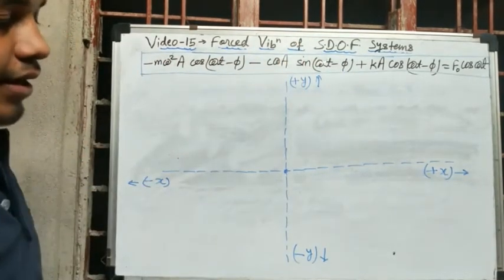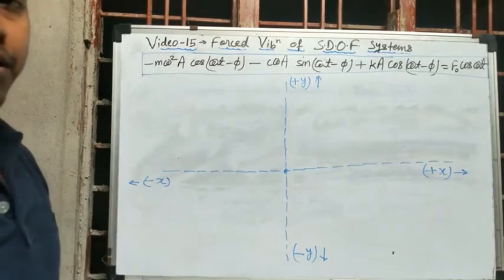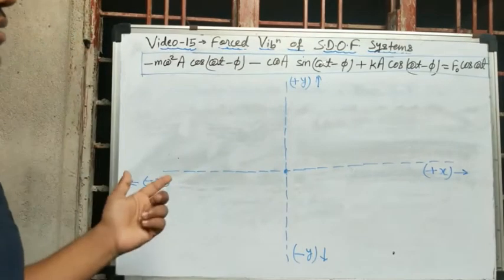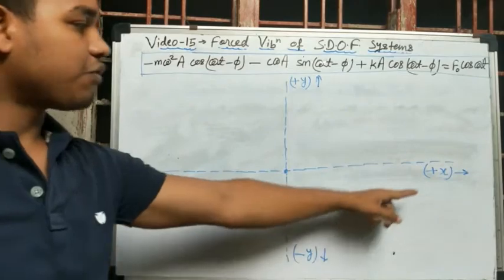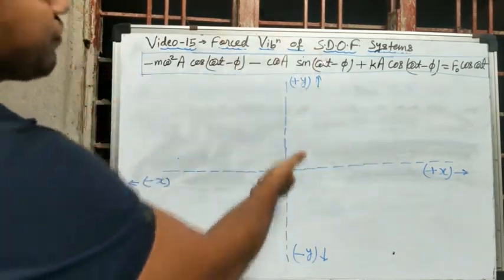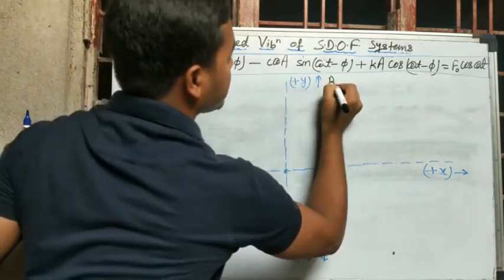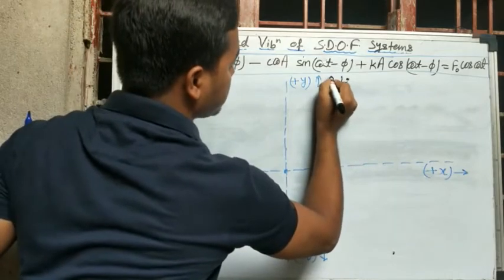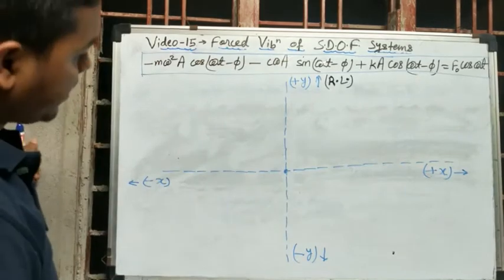So in the class which I have taken on 30th April on Zoom app, I have drawn all these vectors from the positive x-axis. Now I am going to draw all these vectors from the positive y-axis. So this axis is my reference line now. Positive y-axis is my reference line now to draw all 4 vectors, right?